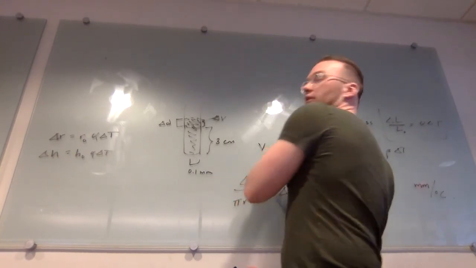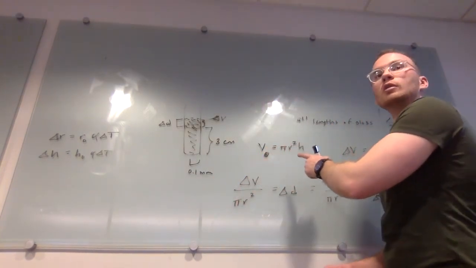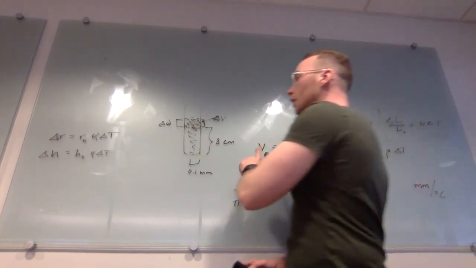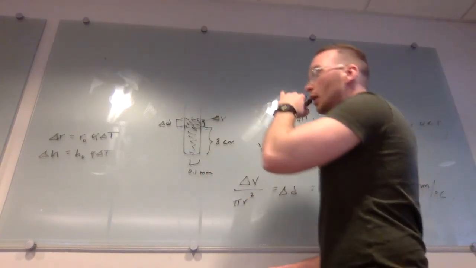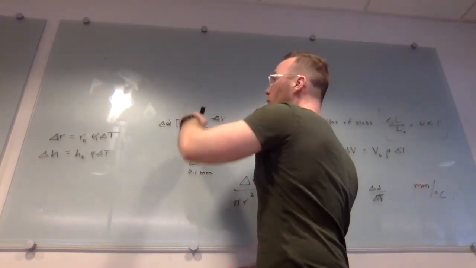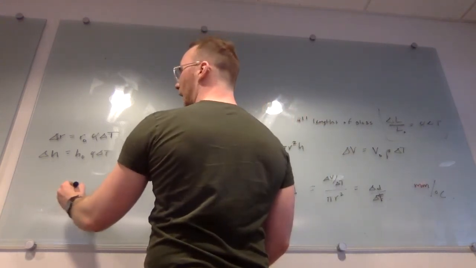Now V naught is actually going to be the same, right? Because the volume of the mercury didn't change. So that's good, we don't have to compute it again. But this one will change because now we have